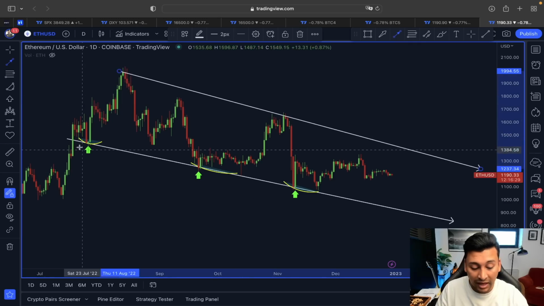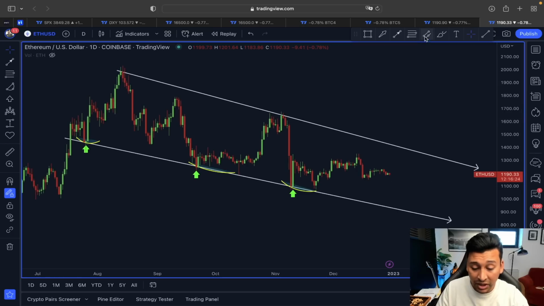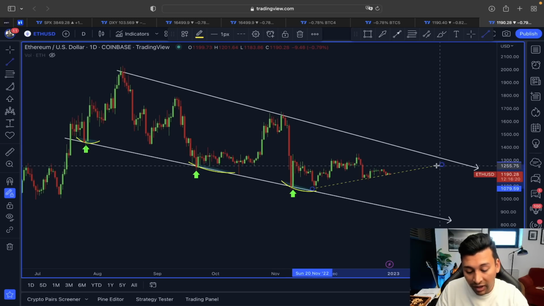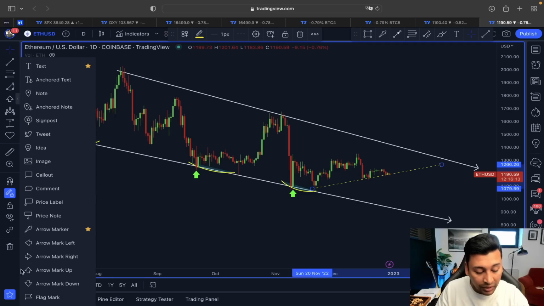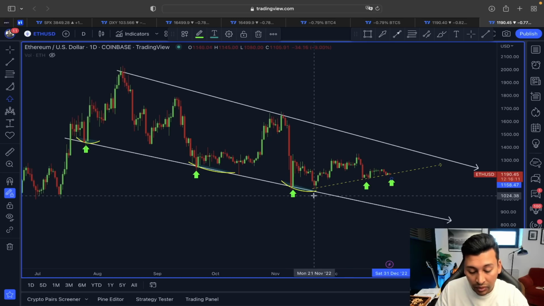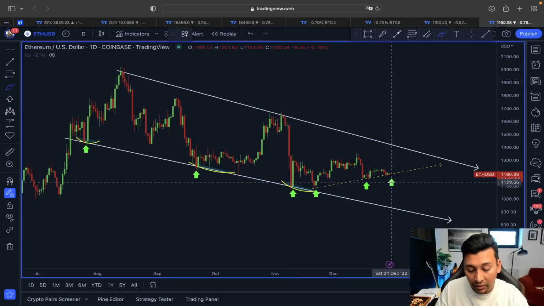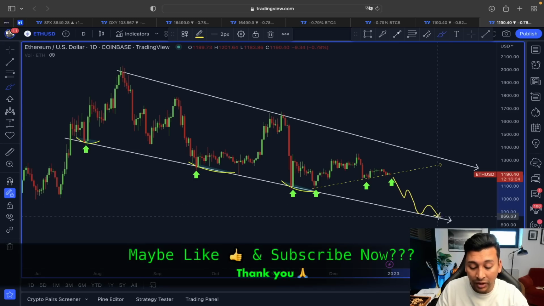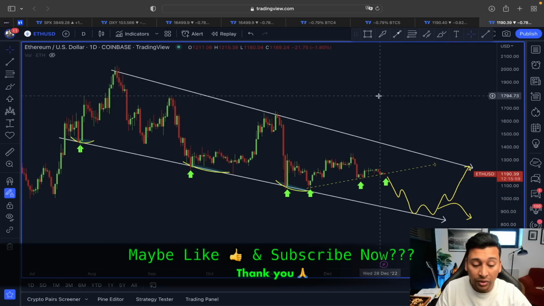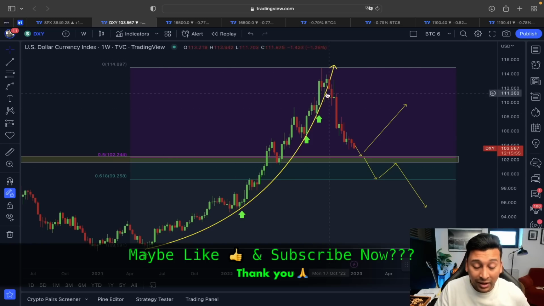So what I'm trying to pinpoint here, since the price of Ethereum is clearly following this trend, I mean lower highs, lower lows continuation pattern, just like with Bitcoin, in the medium short term, if we lose the support, this rising trend line support what we have, then this could trigger another pullback, which could bring the price of Ethereum towards the lower trend line around 800 to 900 before again choosing a trend direction like this, because we know the US dollar index is flashing weakness.